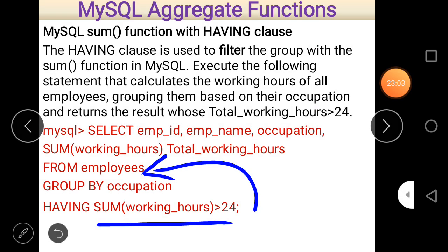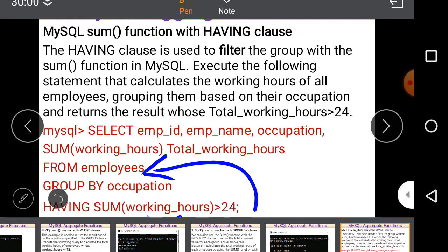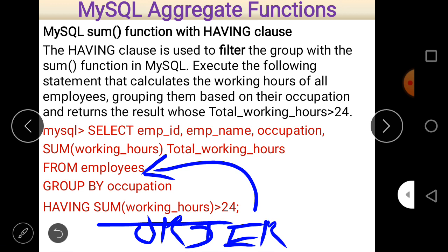Here you can see the condition related to the HAVING clause, and I told you that if there is a general condition, then just put it after FROM employees, and if the condition is related to a GROUP BY clause, then it must be given just after the GROUP BY clause. And if you want to select the data in ascending or descending order, then just put the ORDER BY clause just after the HAVING clause.